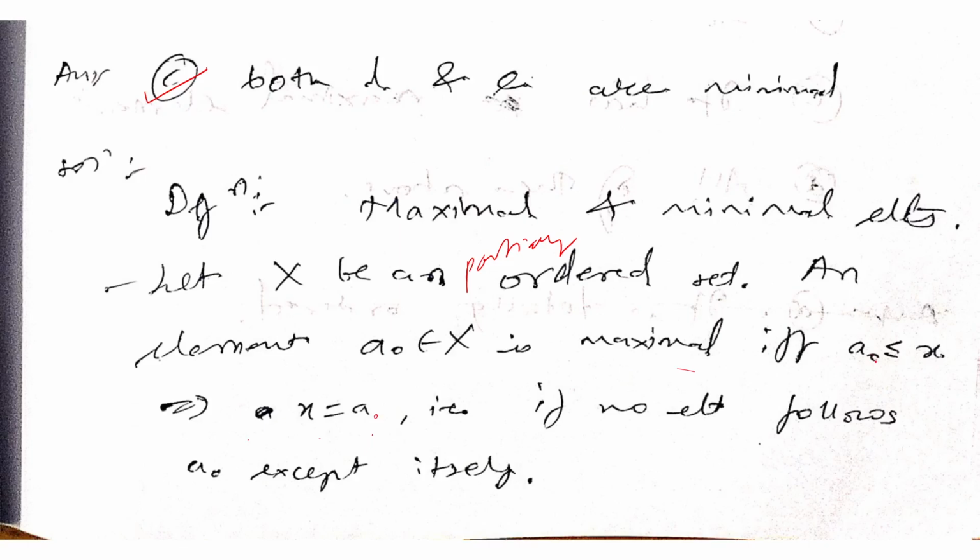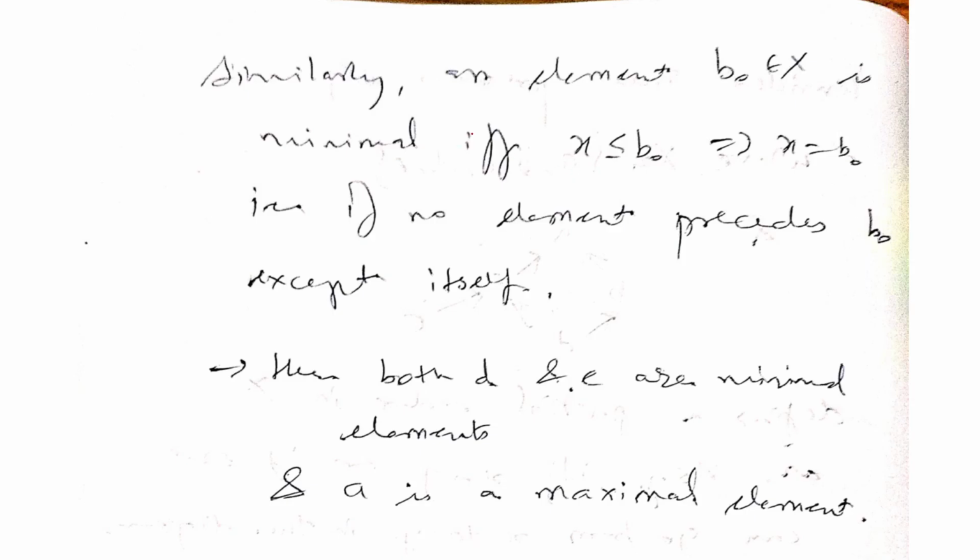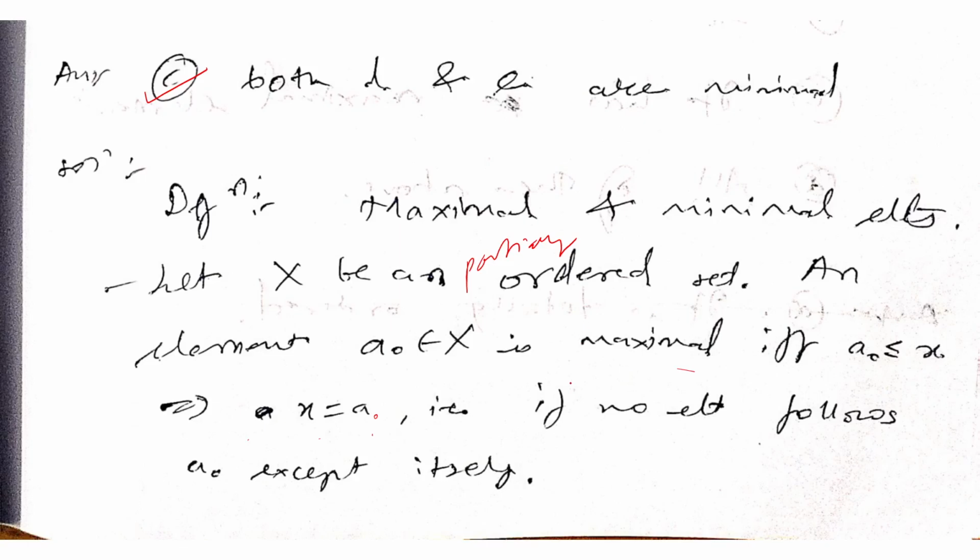मतलब उसके बाद आपको कोई एलिमेंट नहीं मिलेगा। ठीक है, दैट विल बी द मैक्सिमल। देन सिमिलरली व्हाट इज मिनिमल? मैम एक्स इज इक्वल टू ए नॉट का क्या कॉन्सेप्ट है यहाँ पर? मतलब ये कैसे हो जाएगा? जैसे यहाँ पे देखो, ऐसा आप बोलना चाह रहे हैं कि ये तभी मैक्सिमल होगा कि अगर आप कोई भी एक्स ले रहे हो, मान लो कि ए नॉट से बड़ा, तो ऐसा एग्जिस्ट ही नहीं करेगा। अच्छा, मीन्स ये मैक्सिमल की डेफिनेशन, ओके मैम, समझ में आ गया। कि अगर आप कह रहे हो कि ए नॉट से बड़ा भी कोई एग्जिस्ट कर रहा है, तो दैट इज नॉट पॉसिबल, दैट एक्स विल बी इक्वल टू ए नॉट। यस मैम।